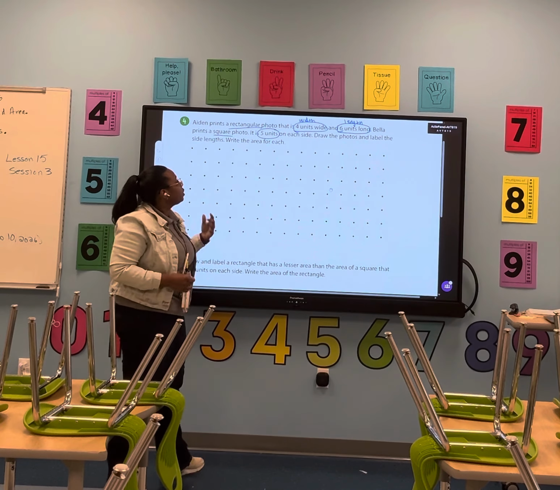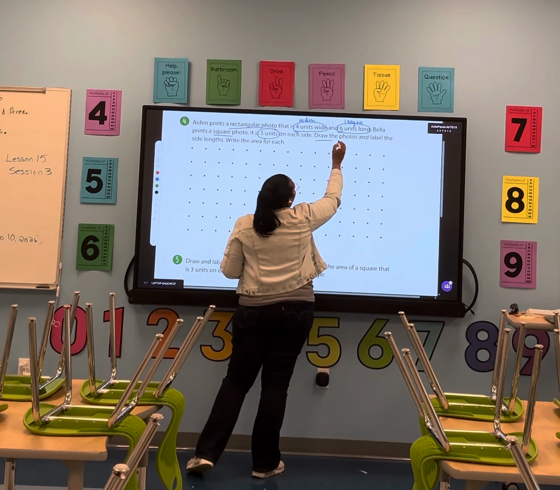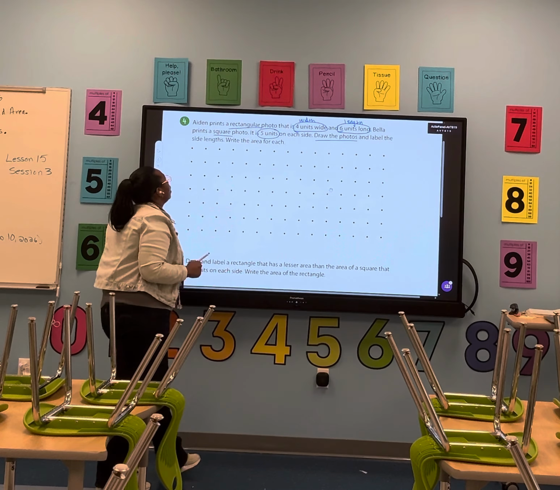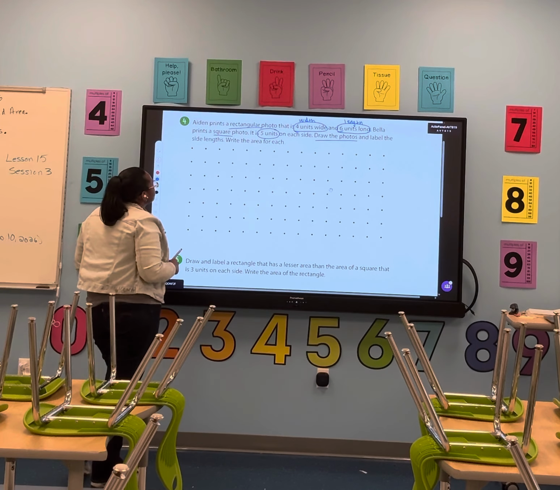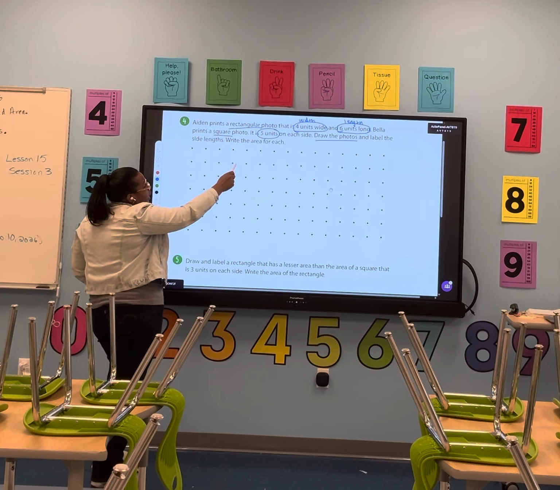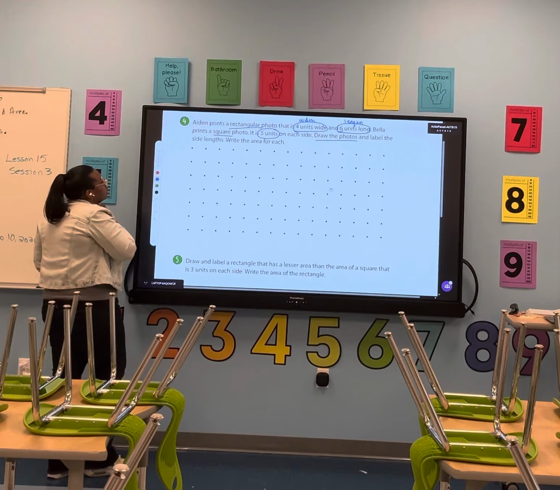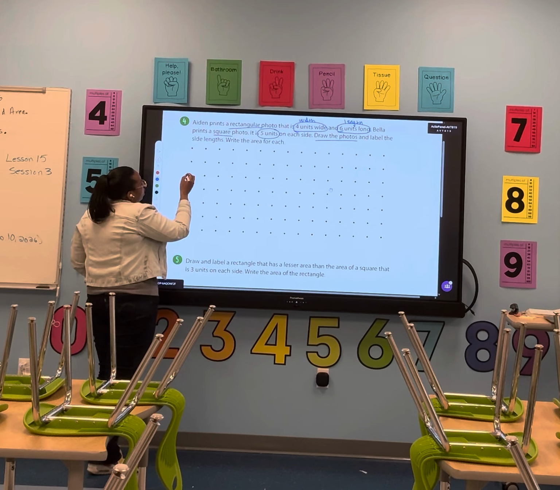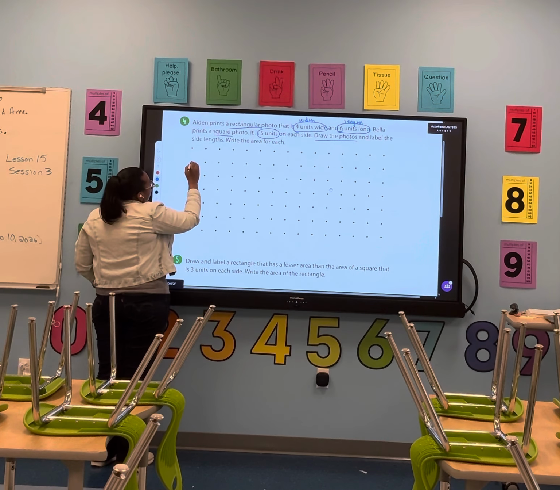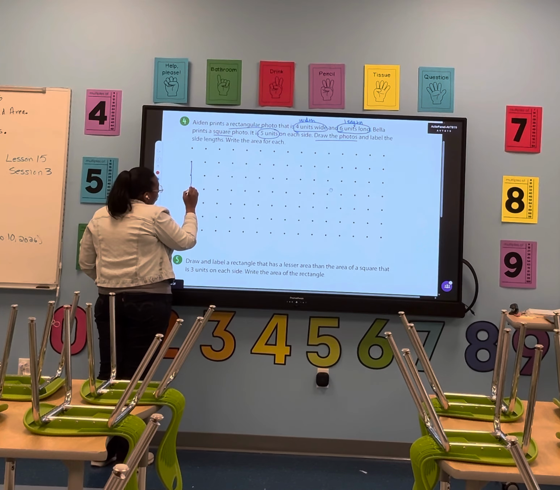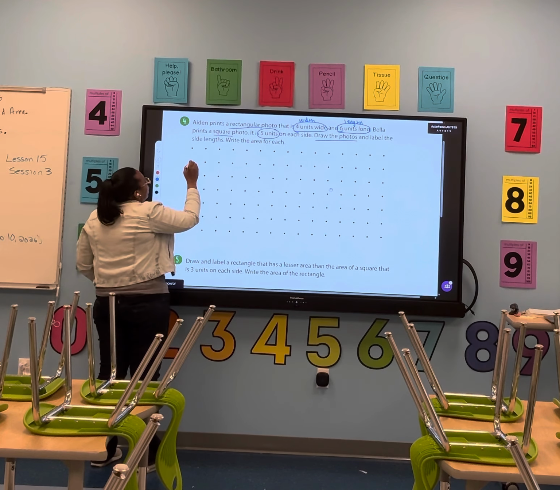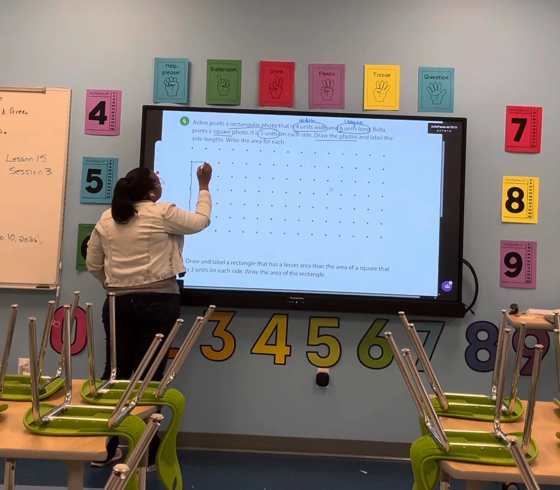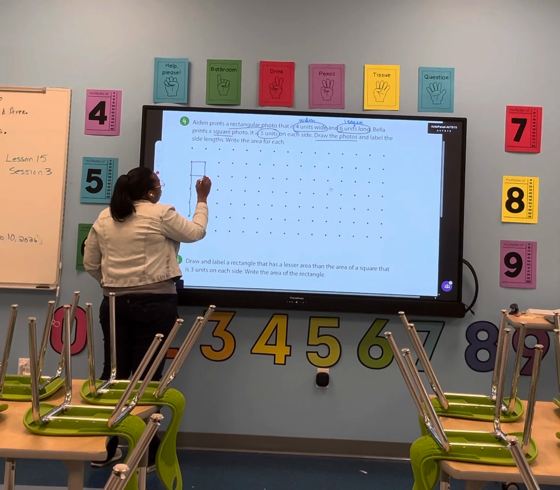Okay, so let's start with the first thing. The first thing they asked us to do was draw the photos. So let's start with Aiden's. So Aiden's one, they told us is 4 units wide and 6 units long. So I'm going to start here and I'm going to draw 4 units wide. So 4 squares, 1, 2, 3, 4. Okay, and how we can tell with this is think of it as an array, 4 rows,